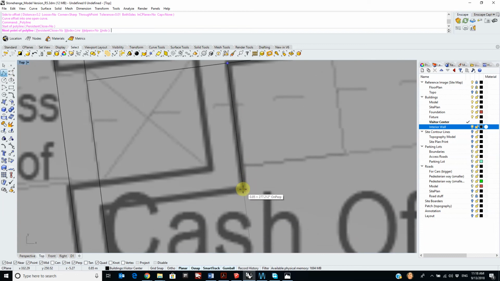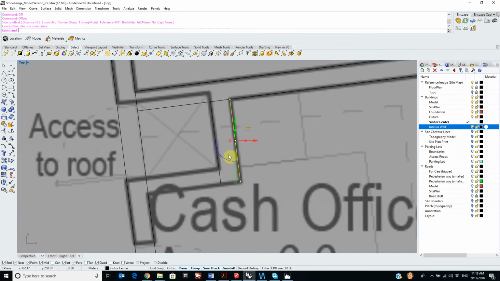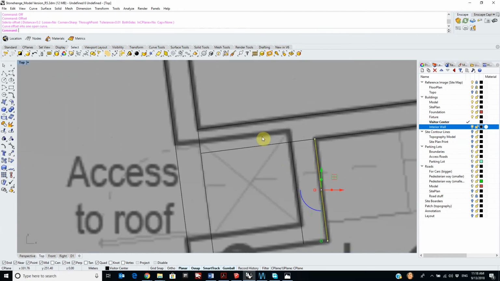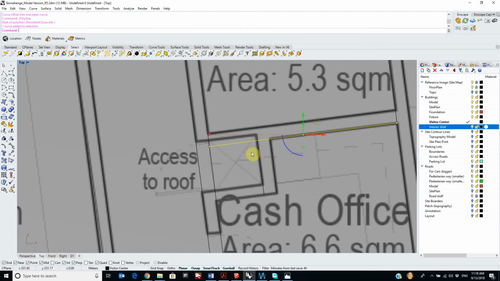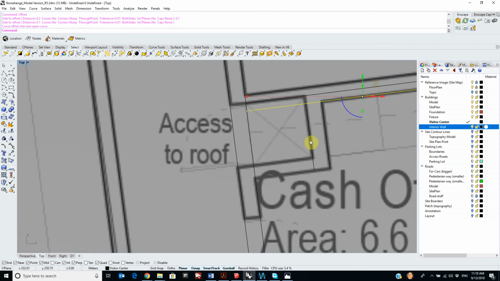Same approach. So offset it again. This thickness seems to be half, so I'm gonna just select this guy, offset it this way, but 0.1 this time. You see it lands where it needs to be,